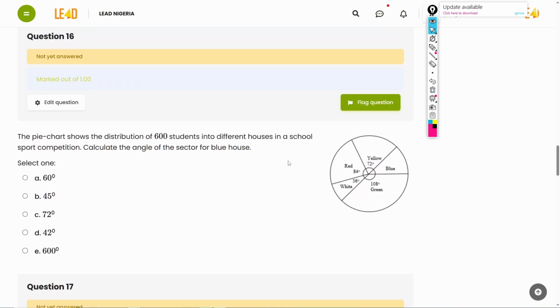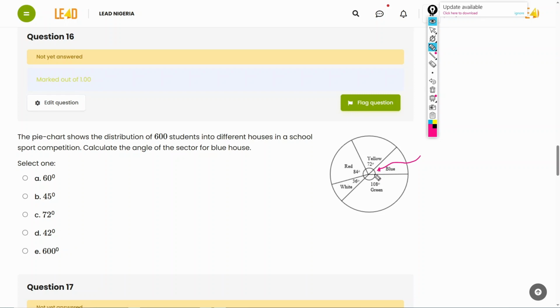Question 16. The pie chart shows the distribution of 600 students into different houses in a school sports competition. Calculate the sector for blue house. Okay, good. So calculate this angle here. They're saying what angle should blue house take up, right? So by looking at it, you want to